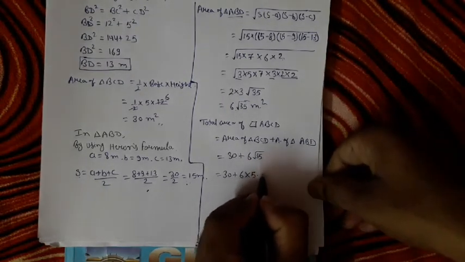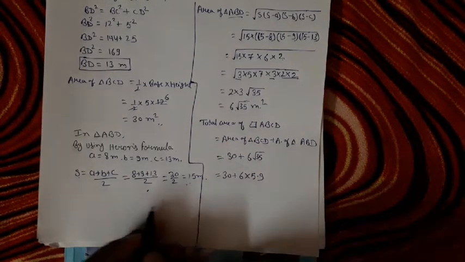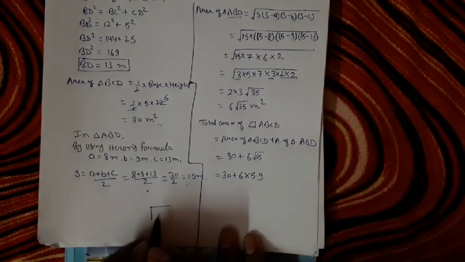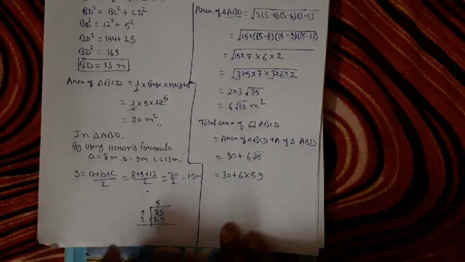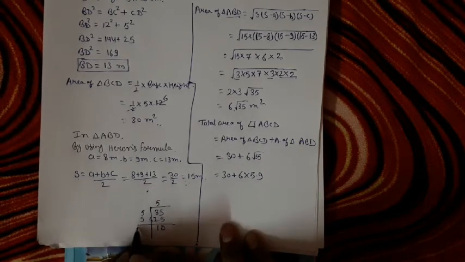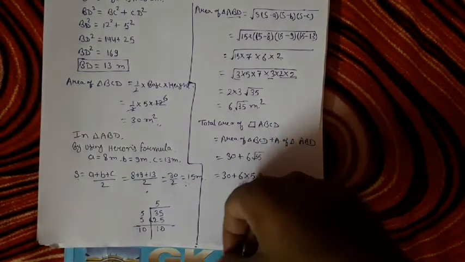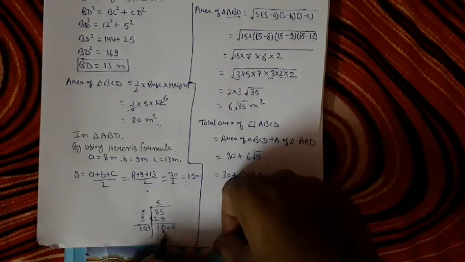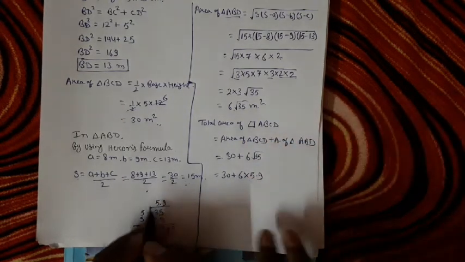Value of root 35 is 5.9. In class 8th you have learned how we can find the square root of any non-perfect square number. So 35 can be solved like this. Okay, 5 5s are 25. This method can be used here. Okay, 10 remains. Now 5 5 become 10. Okay, now we'll put a point, and then we'll get 2 more 0s. If I write here 9, so it will be 981. Clear? So this would be 5.9.